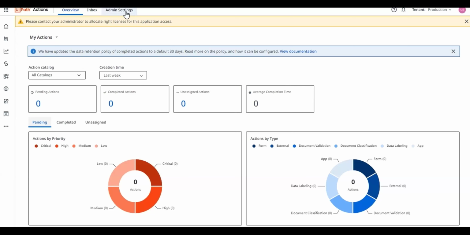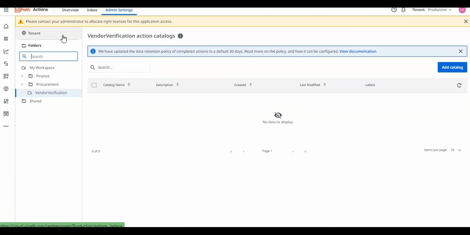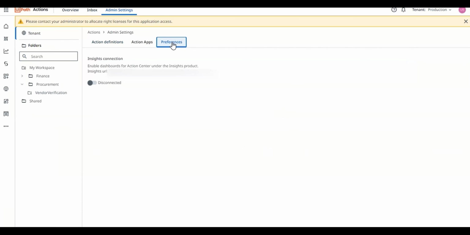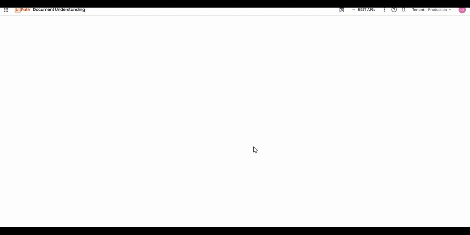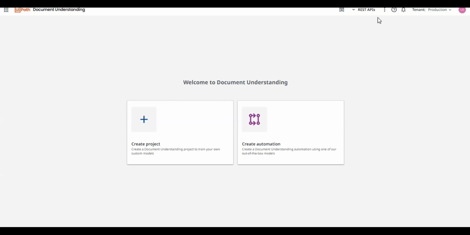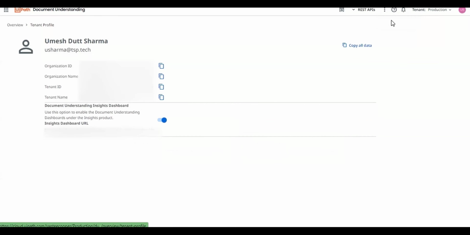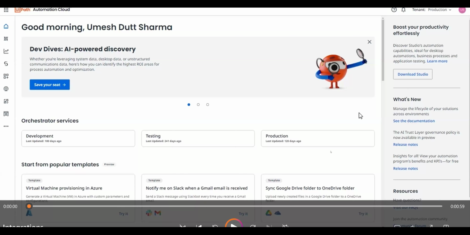This is where we can enable the Action Center configuration to connect with Insights, and this is where we can just simply go ahead and update this. Talking about Document Understanding, we also have an integration available now. You can just simply go to the tenant profile, and this is where you can enable the Insights dashboard integration with Document Understanding. And it will automatically copy all the data that is there in